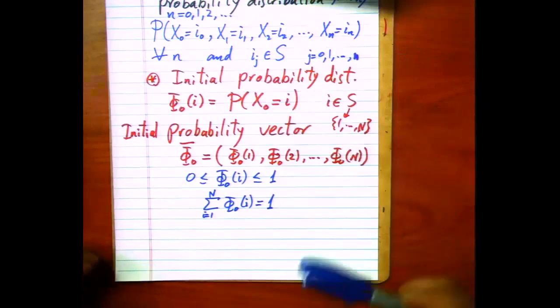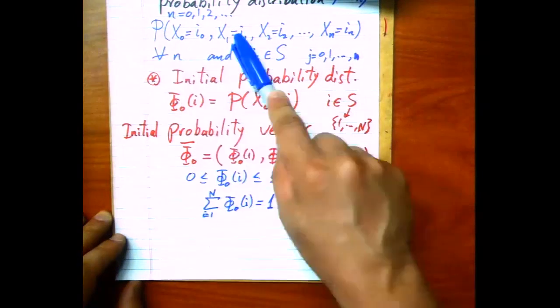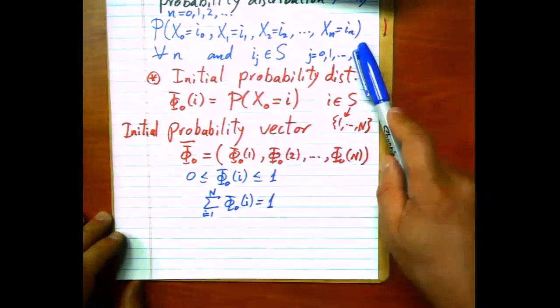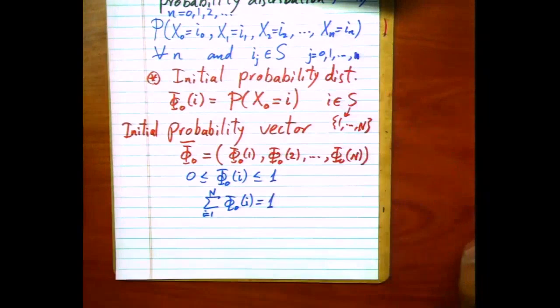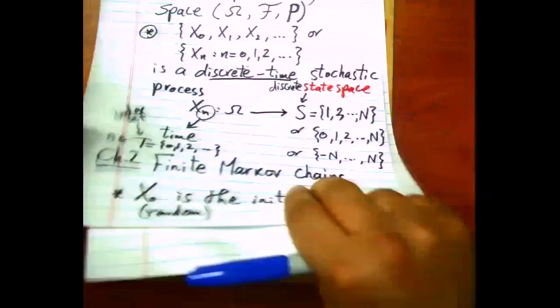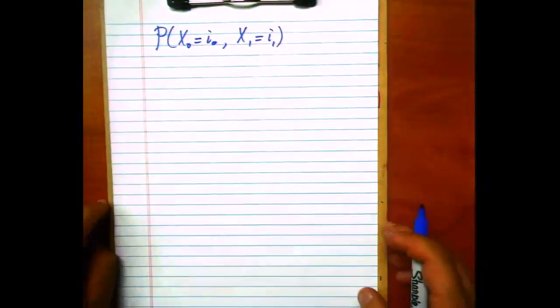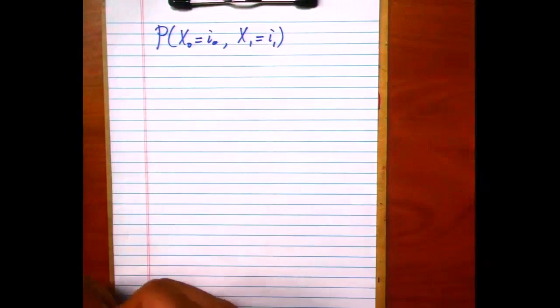Now, let's try to establish the formula for the joint probability distribution of a stochastic process. Let's do it in steps. Let's do it by induction, one step at a time, so we can understand how it will look. Let's start with n equal to 1, just two steps, 0 and 1. Let's start with the joint distribution of x0 and x1. It's the joint probability distribution of the sequence up to time 1.